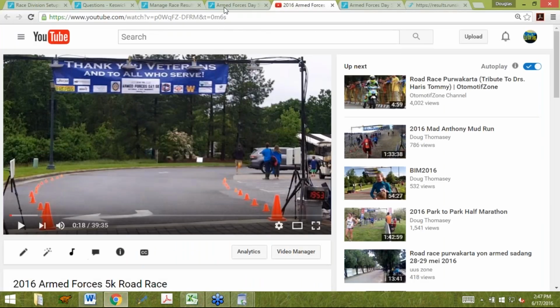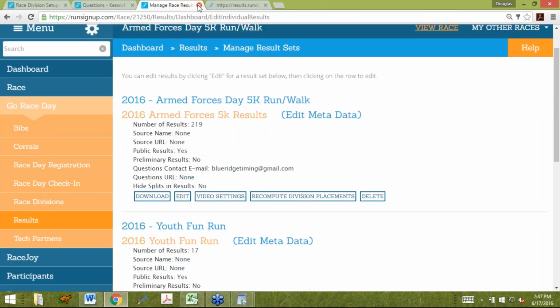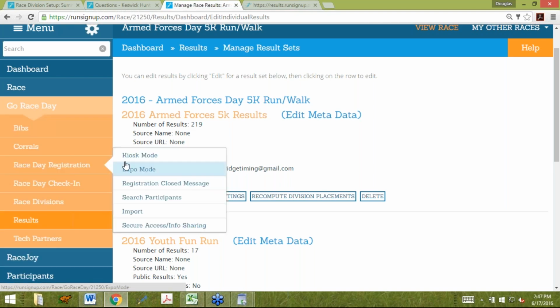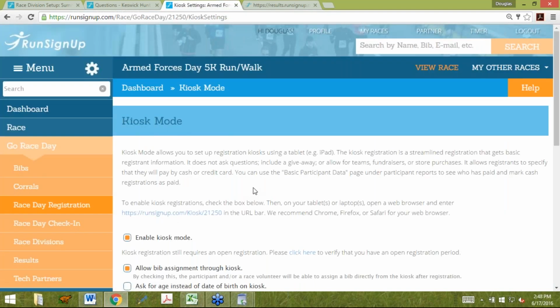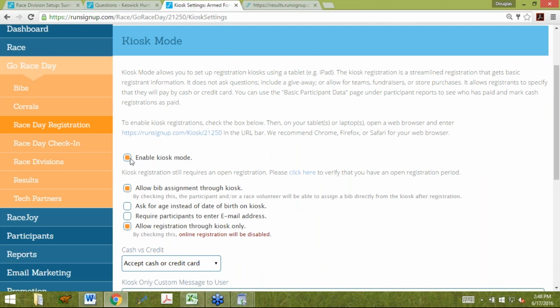To get a visual on this, if you go to the results kiosk, let's see here. If I go to RaceDay registration, and this one's in the past, so kiosk mode. Again, go to RaceDay registration in kiosk mode. This is what you have to do on any of your computers or tablets or whatever you're going to use for a RaceDay registration. Now, enable kiosk mode, you want to check that, and then if you happen to allow registration through kiosk only,